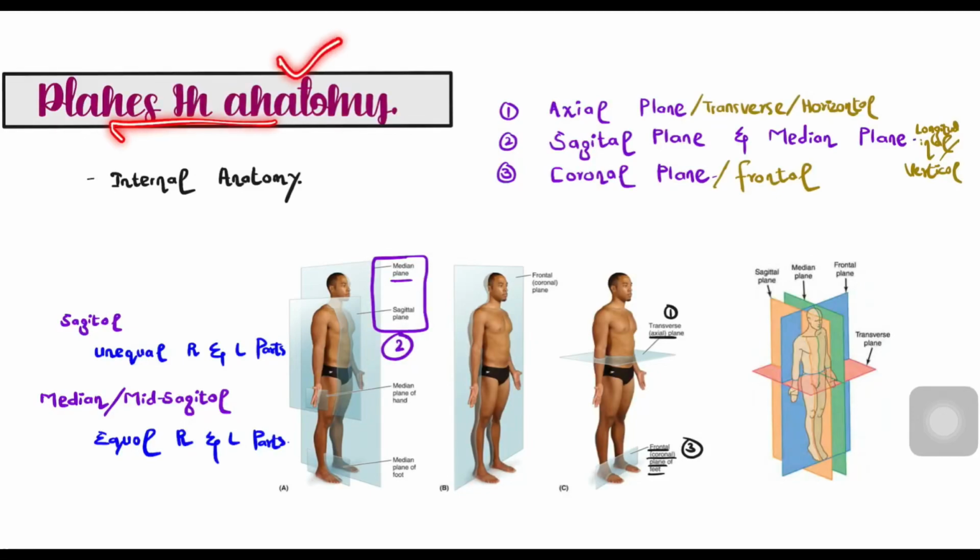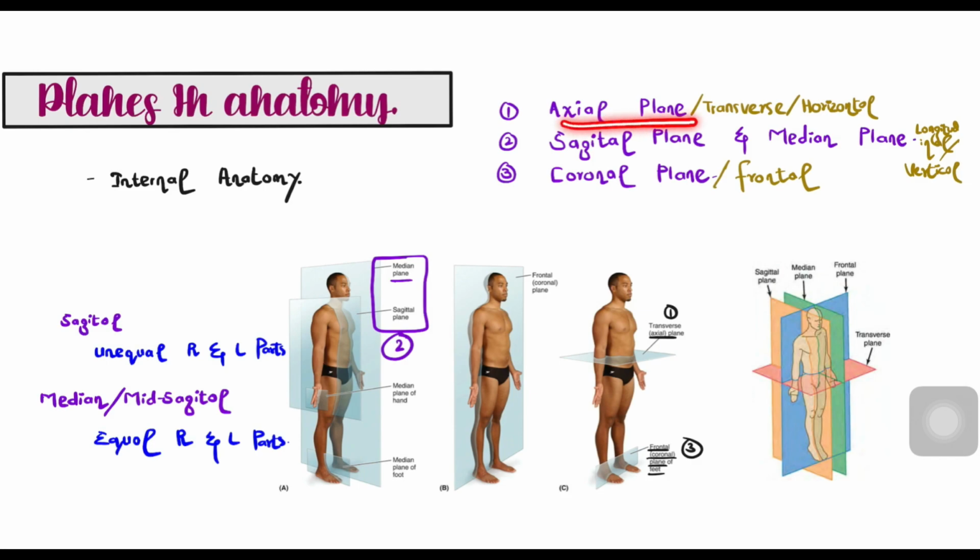Okay, let's talk about these various planes and sections of the human body. First of all, you should know why we do these sections along these specific planes. We do this to study the internal anatomy of the human body. So, in order to study the internal anatomy, there are three most important planes or sections that we do